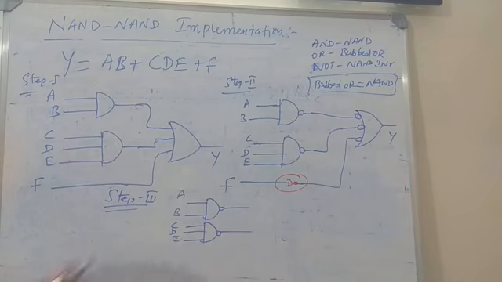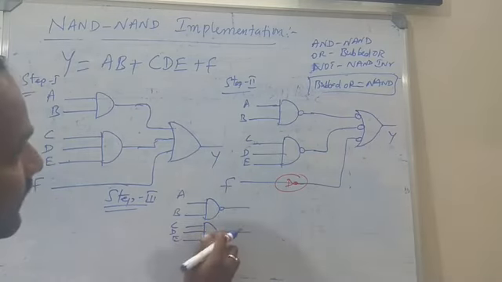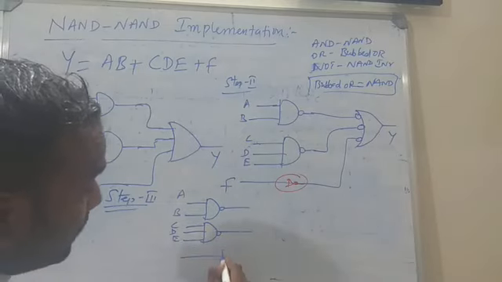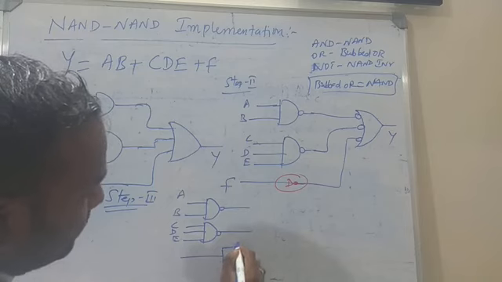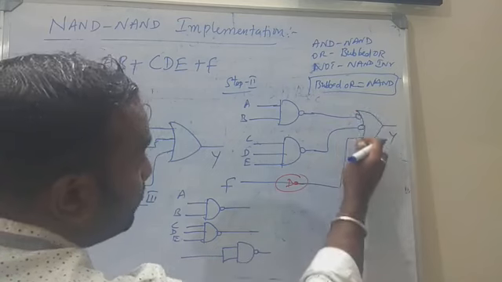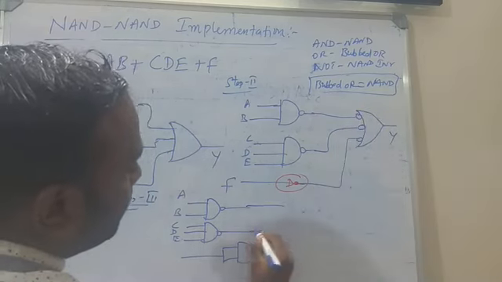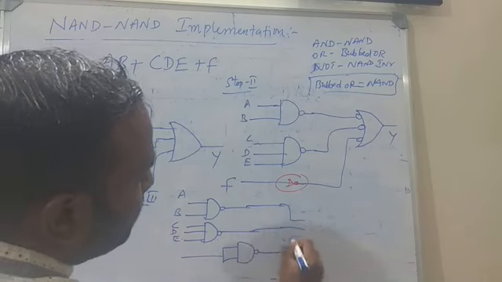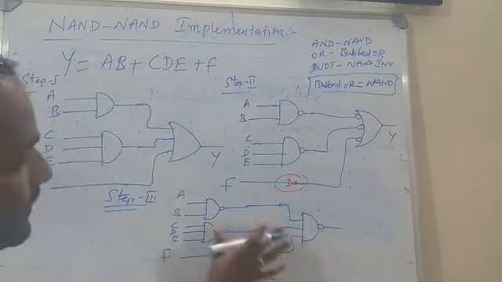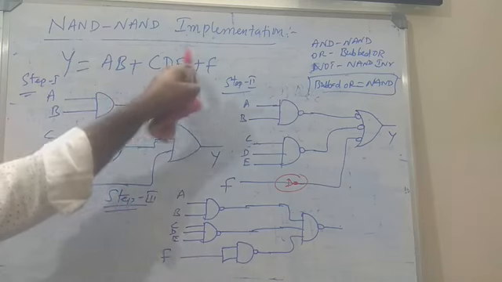Okay, so in step 3, this is a NAND gate. This is compensated, no problem. This is a NAND gate. This is compensated, no problem. Here one inverter is there, so I have to draw the NAND inverter over here. Okay, so NAND inverter. Here the bubbled OR with 3 inputs is equal to a NAND gate. So you just write here a NAND gate. So this is the final diagram for the NAND to NAND implementation for the following logical equation.